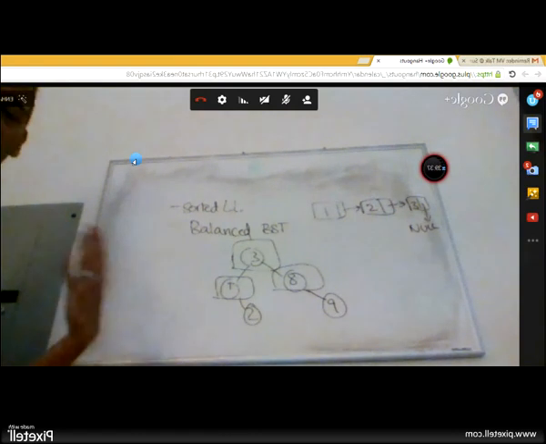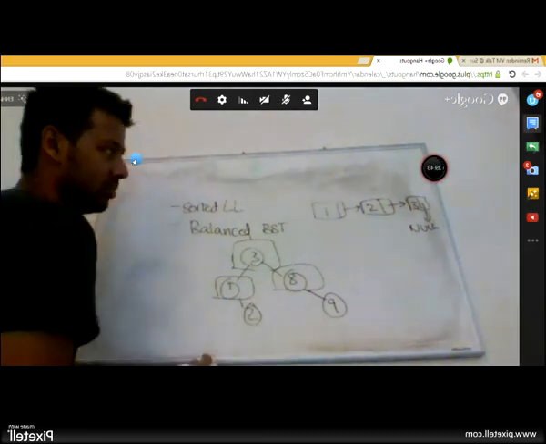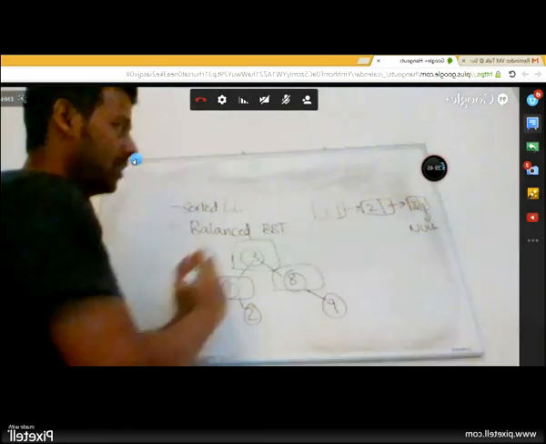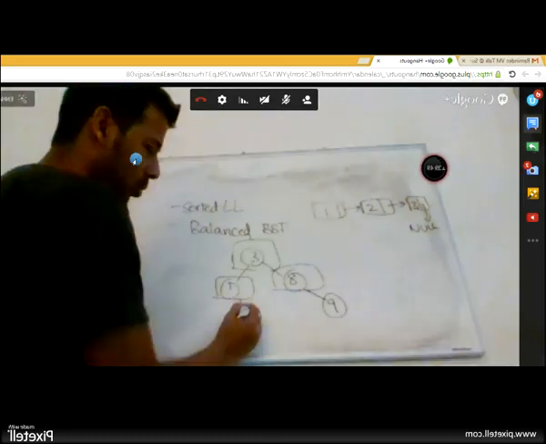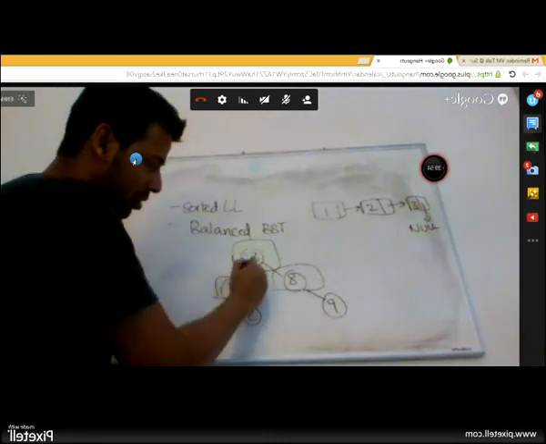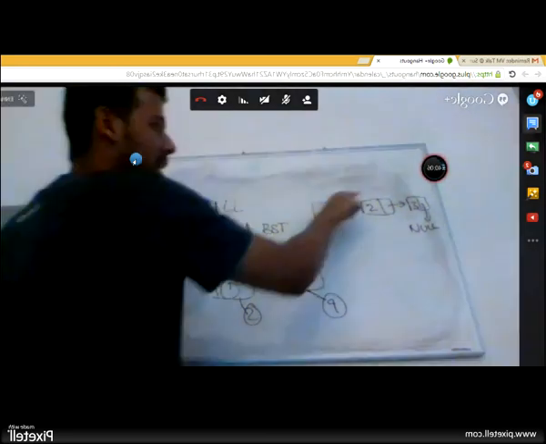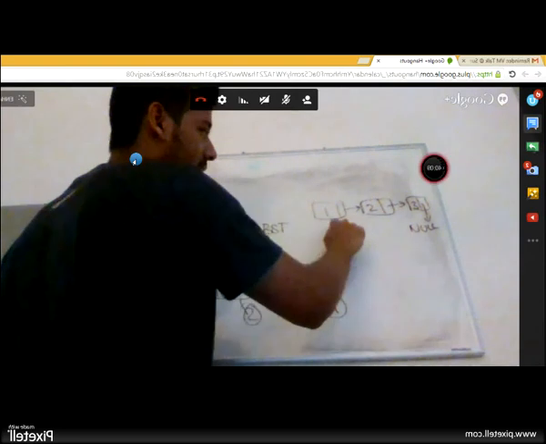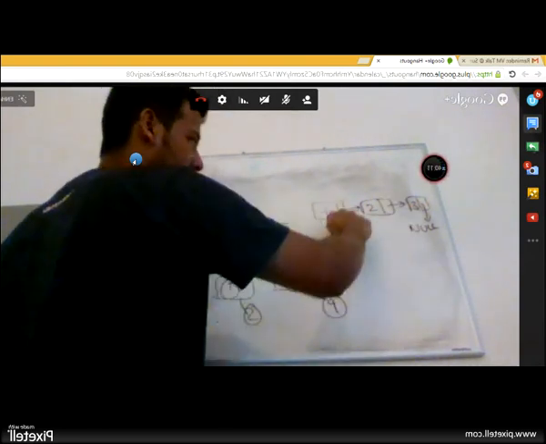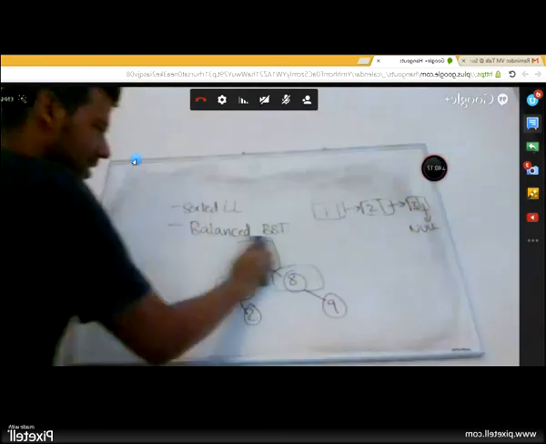What if I can do this bottom-up? Which means I don't know what the middle element is, but I will construct 2. Then as and when I keep going to the next one, I construct 1 and then I establish this link. Then I construct 3, then I establish this link. Instead of doing 1, 2, I do 2, 1. It will still be height balanced. And that way, I don't have to access a middle element. I have to access it in a linear fashion. So I would access 1, then I would access 2, then I would access 3. Let's take a simple example of 1, 2, 3.